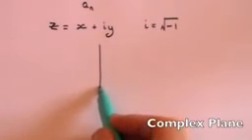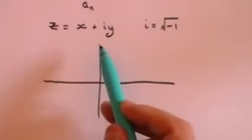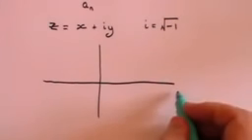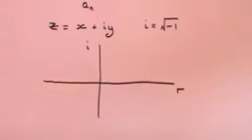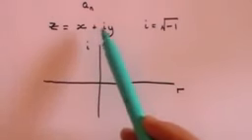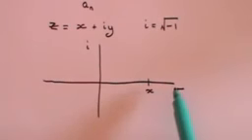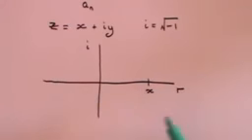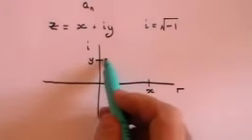Now you can represent a complex number on what's called the complex plane, which is essentially a graph. We would normally call this the x-axis and this the y-axis. But what we now do on a complex plane is we call this the real axis, that's where the real number will be shown, and this is the imaginary axis. So if we have a vector that is x plus iy, that means that we show x, which is the real number on the real axis, and we show y, which is the value of the imaginary number on the imaginary axis,